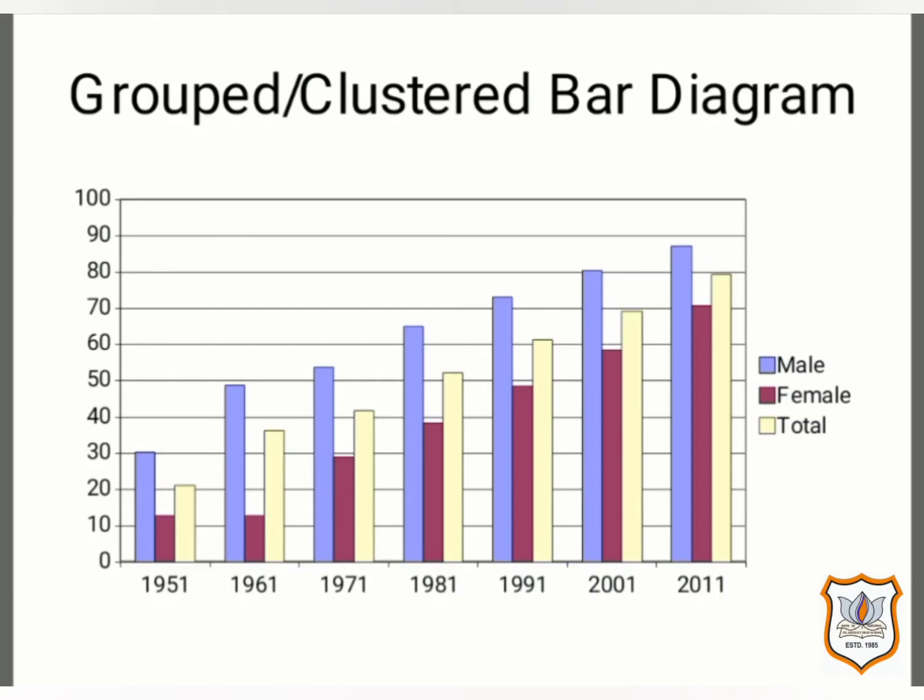literacy in Gujarat. Here each bar has been colored differently so as to represent different categories, and what they represent are also shown. Say for example, the first colored rectangular bar shows that it represents the data related to male literacy. Similarly, the second bar represents the data related to females. And finally, the last bar shows the data related to total literacy in Gujarat.